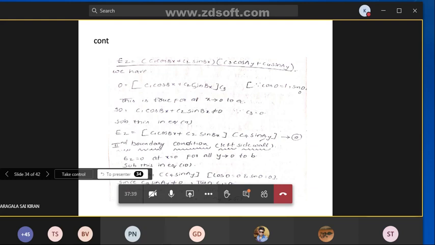So substitute this boundary condition in equation 10. So substitute this boundary condition in equation 10, then you will get